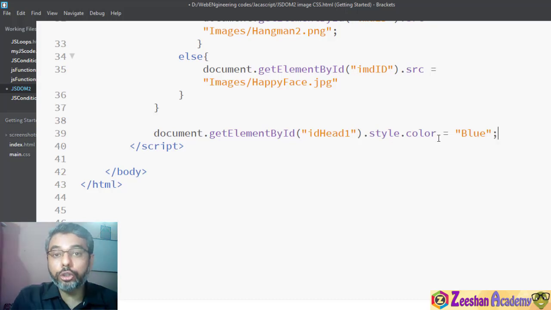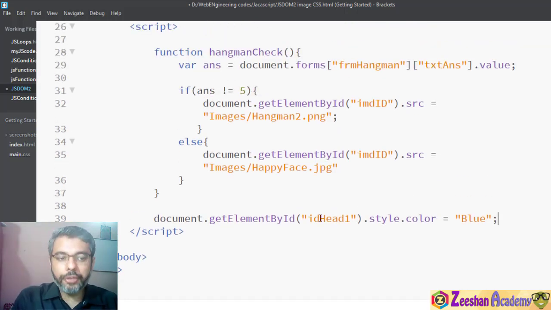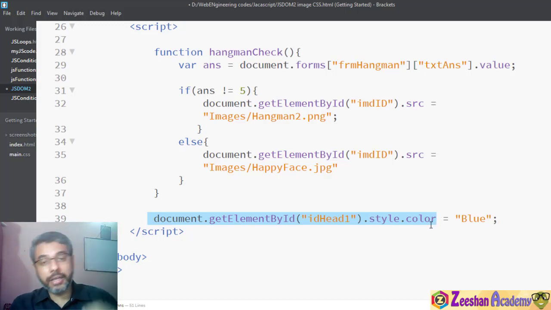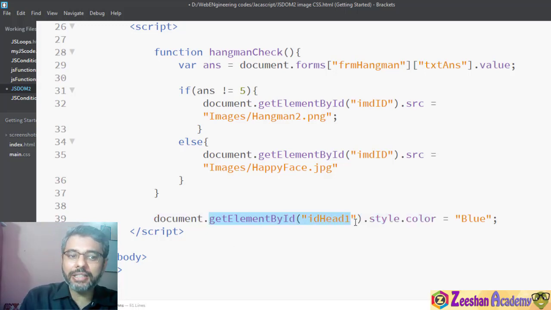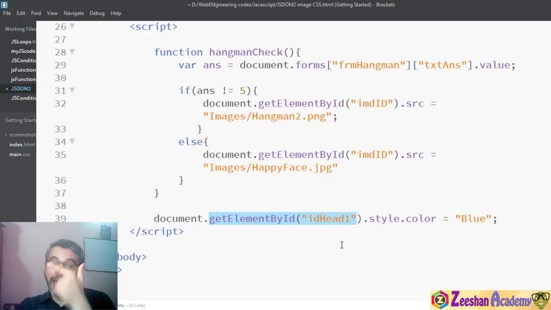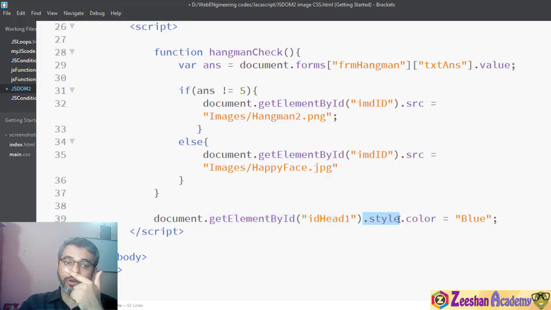Now what we did, in order to change the CSS, we used multiple dot attributes, again using the same DOM hierarchy approach. Remember the hierarchy. Hierarchy means go inside an HTML, find a tag that is referred to as id head 1. Once you access that tag, there is an attribute called style. Access that attribute style. Once you access it, within this style there is another attribute called color.